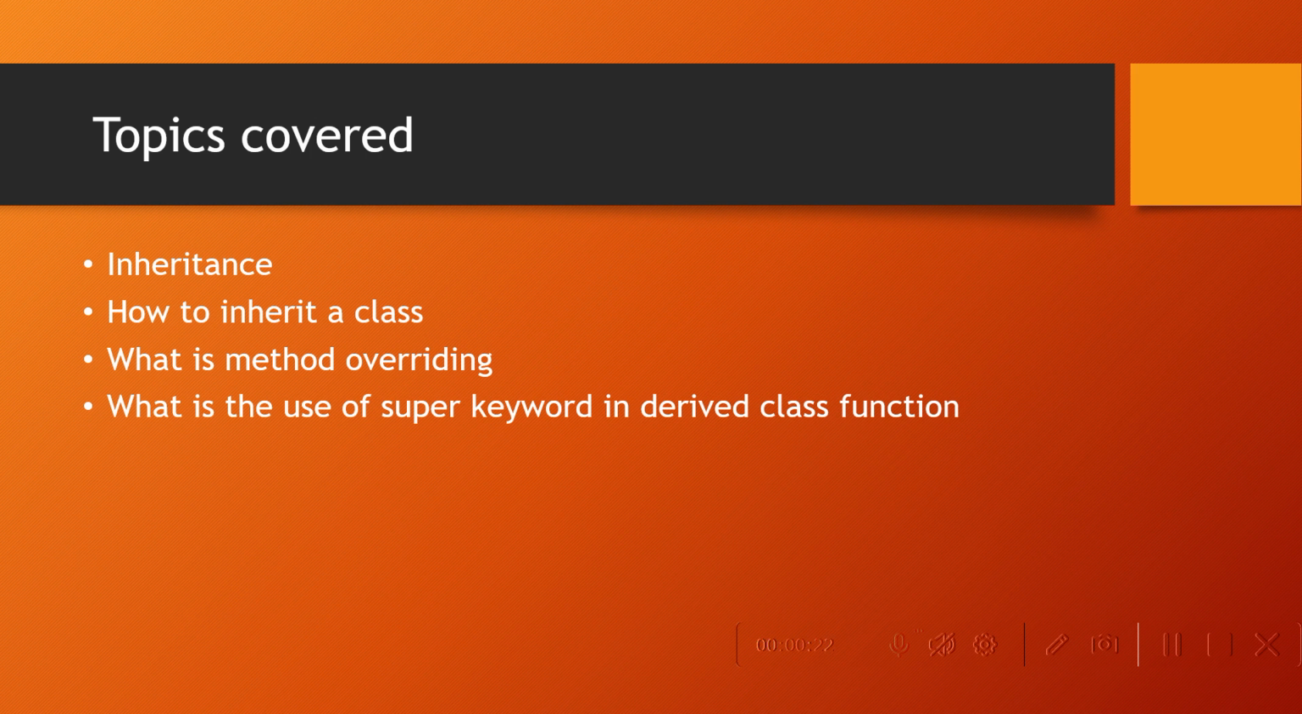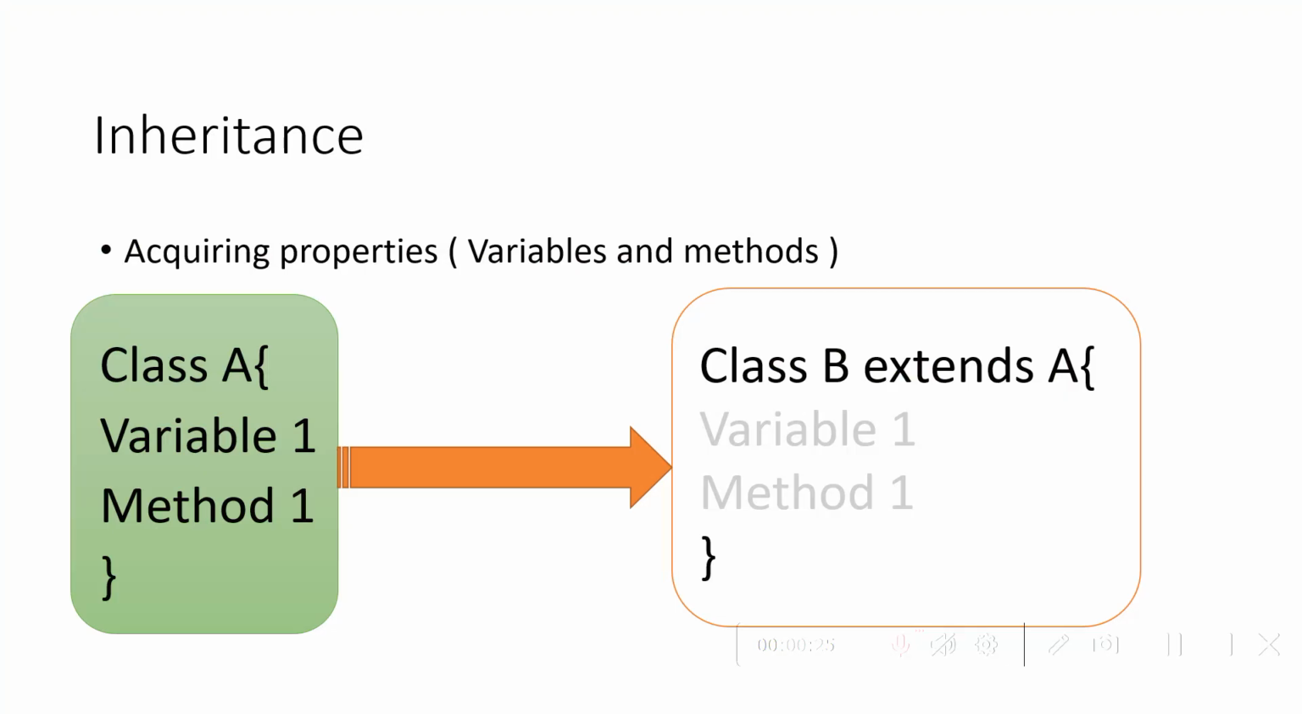Before that, we need to understand what is inheritance. Inheritance is nothing but a class acquiring properties, that is variables and methods from another class. So for example, let's say we have a class A and variable 1 and method 1. In case class B is inheriting from class A, then it need not have the variable 1 method 1 defined